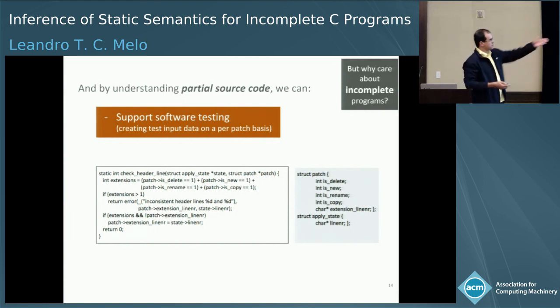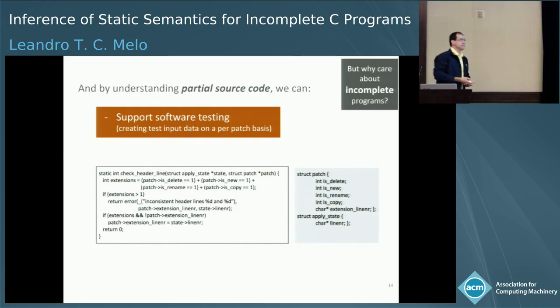So we did that. We reconstructed only the struct that would be necessary, submitted it to PathCrawler, and it just generates the necessary input data that it would have generated if we had the entire program, right? So hopefully I have convinced you that understanding partial source code can be a good thing.